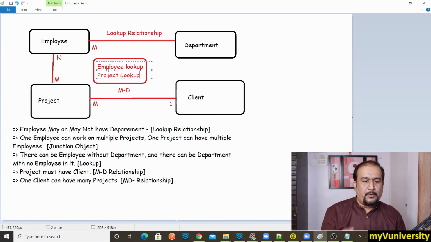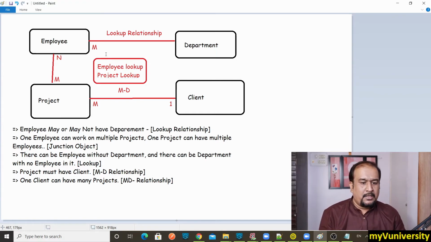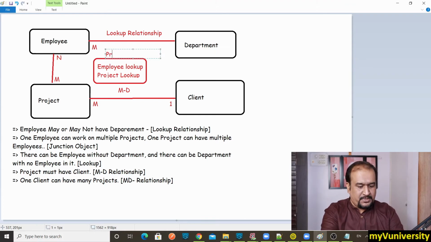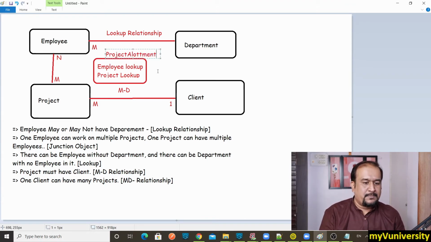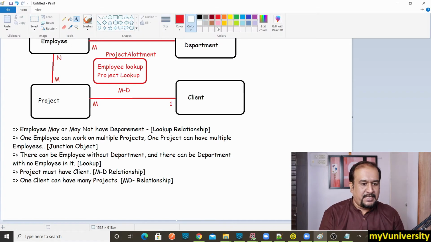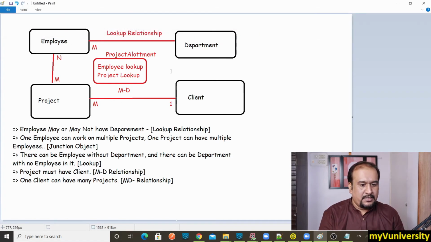So for which employee project allocation is there, and to which project employee allocation is there, this junction object is called project allotment. So basically this is nothing but a junction object.